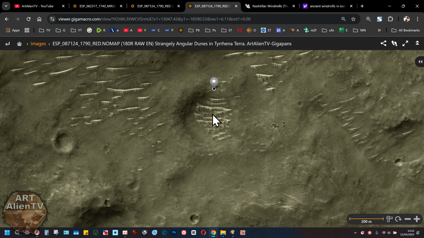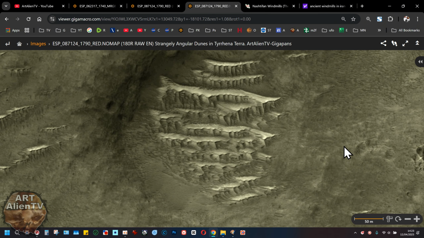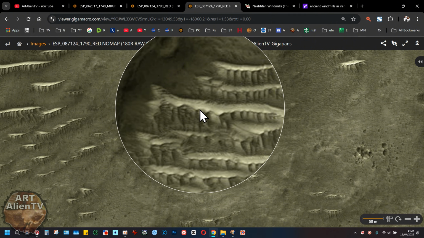Now, this is the main one that I spotted first. And I thought, that's interesting. We have a formation in a sort of crater here. Now, these may well be natural, a lot of these. I'm not saying all of these are unnatural, but some of them look very, very strange indeed, and look very angular and very symmetrical and have some strange features. Now, these look fairly normal, but they're a nice formation. We've got these angular